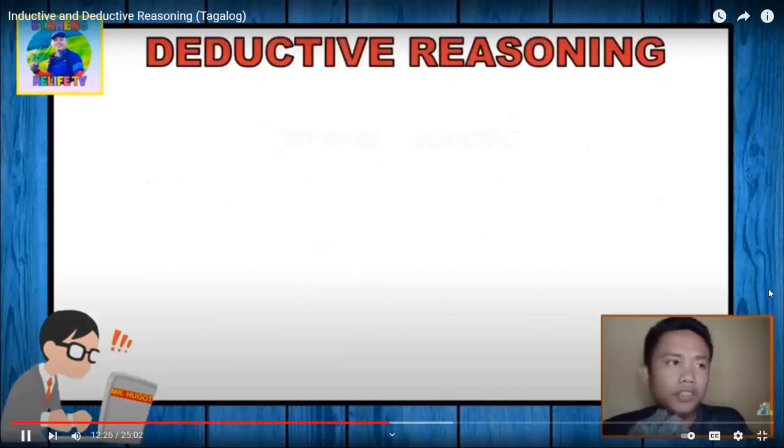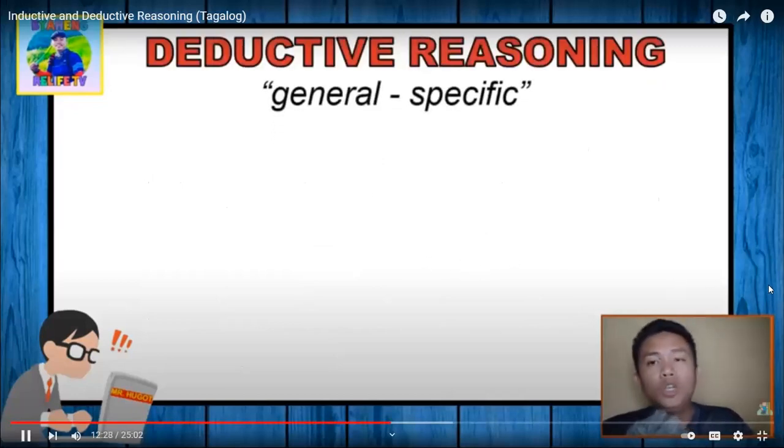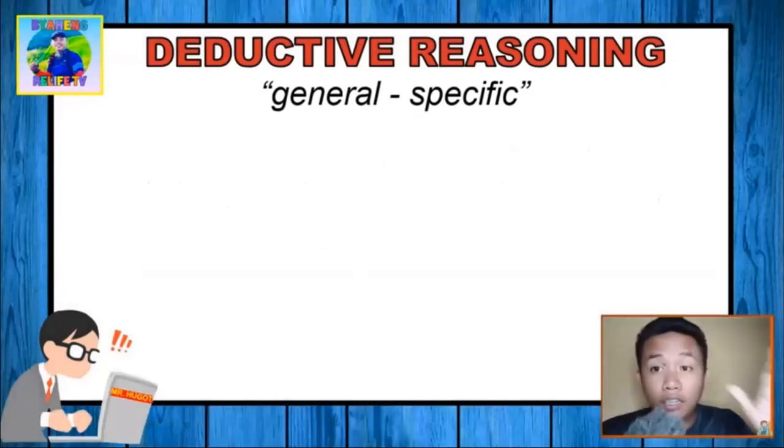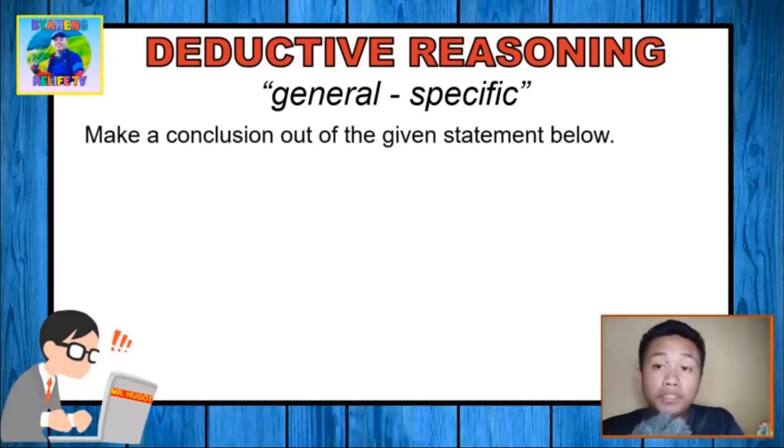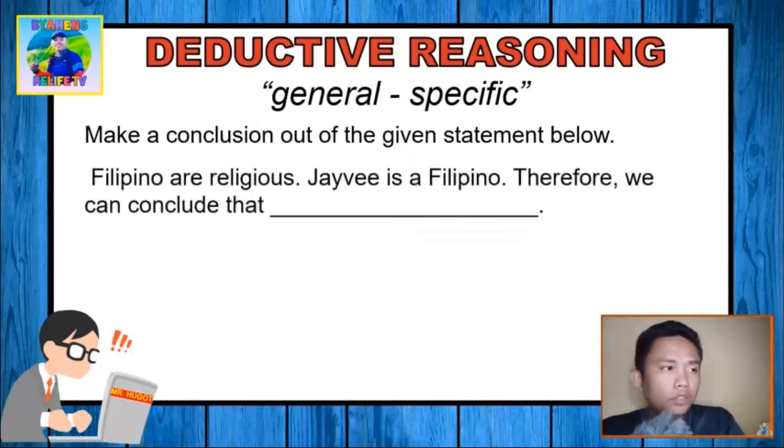Pag sinabing deductive reasoning, guys, it's general to specific. We stated general facts or information. After yun, guys, saka tayo gagawa ng mga example. So, make a conclusion out of the given statement below. Filipinos are religious, JB is Filipino, therefore we can conclude that